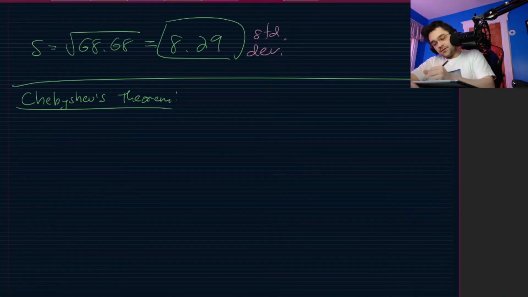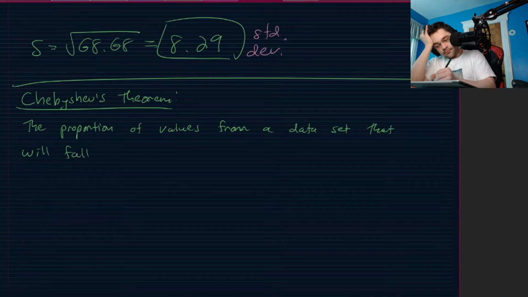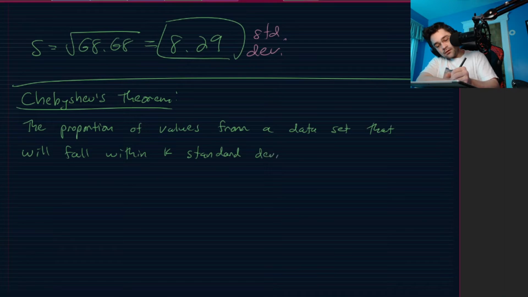Chebyshev's theorem says that the proportion of values from a data set that will fall within K standard deviations of the mean